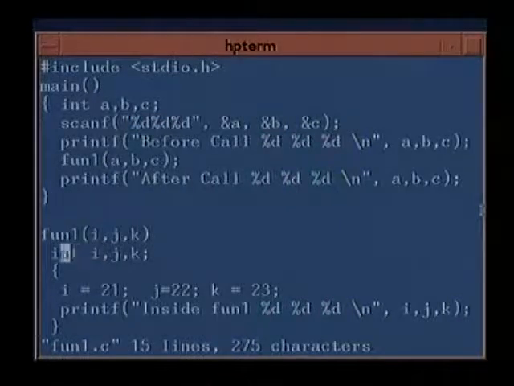So I have declared them to be integers. And inside the function, I assign I equal to 21, j equal to 22, and k equal to 23. I need not put them in separate lines, just the semicolon takes care, so that's fine. And I put in a print statement that inside fun1, I, j, and k are these.